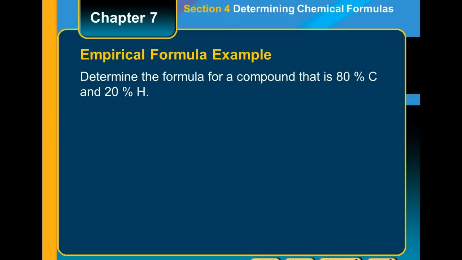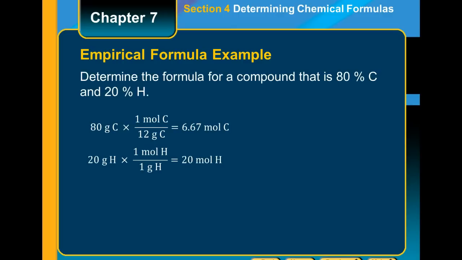So you have a problem of 80% carbon and 20% hydrogen, and you want to know the formula. We're going to assume that we have a 100-gram sample, which would mean that we have 80 grams of carbon and 20 grams of hydrogen, and we're going to convert that into moles using the molar mass, and it looks like this. So we have 80 grams of carbon, and converted would be 6.67 moles of carbon, and then we would have also 20 moles of hydrogen. So now our next step is to divide by the smallest number of moles. And so we're going to divide both terms by the 6.67 moles, and we get 1 for the carbon and